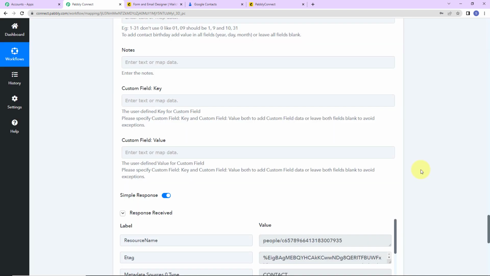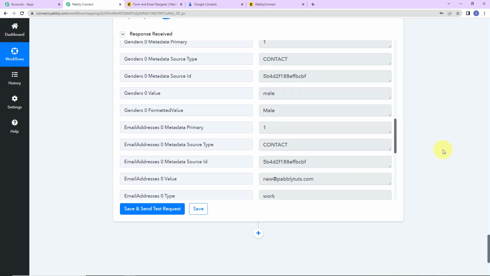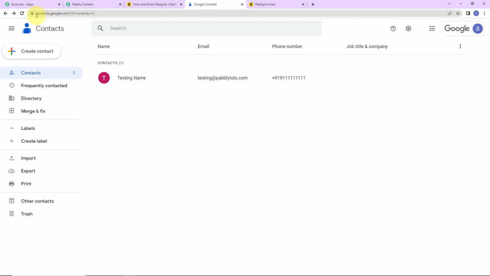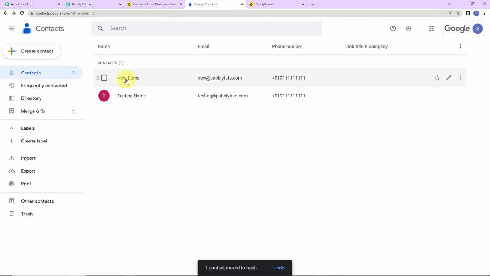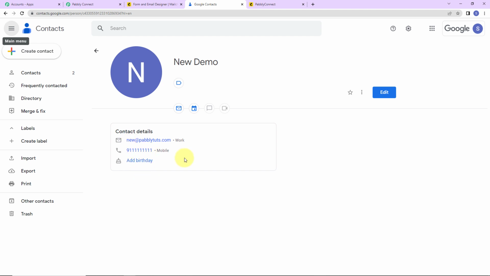And as I do that, here you can see we have received the API response, right? According to which a contact must be created in Google Contacts. Let's go and check that out. I'm going to refresh this page, and yes, you can see that another contact has been created. So this is new demo, and here is the mobile number. If you want to add birthday and other details, you can always do that. So this basically means that our integration is a success, but we also need to check the same in real